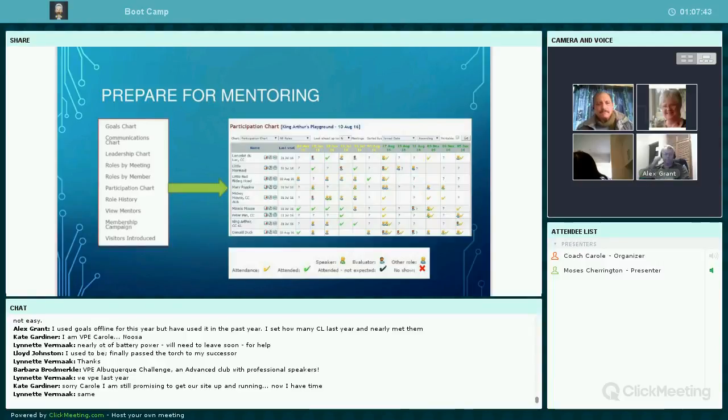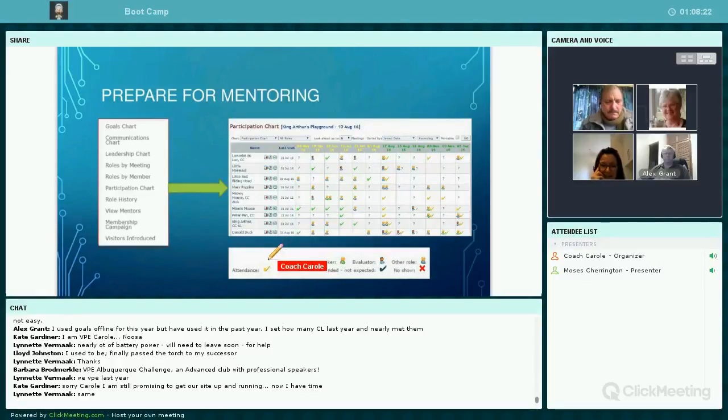Because there's more. We have steak knives to go with all of these. Here is another that you might like to look at called the participation chart. Now I've made this very, very small. That is too hard to read, Carol. Expand that slide next time, please. The participation chart actually picks up all of the things that have been done by your members over a period of time, and you can choose that period of time as you search for the details.